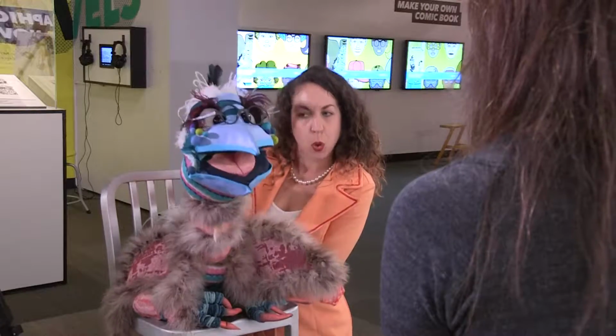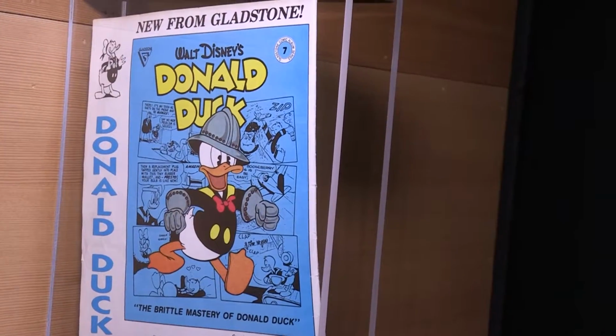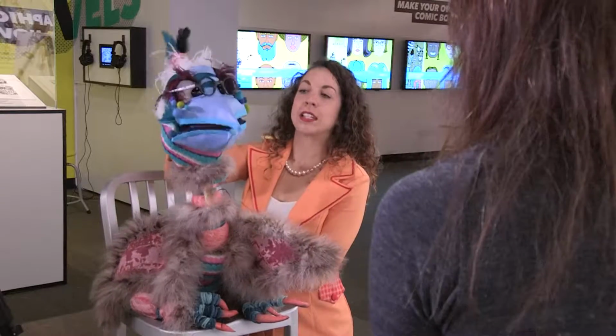What is your favorite comic? I think I would say the Donald Duck comics that were done by a local man named Carl Barks. He was actually from Southern Oregon, and he was one of the greatest Donald Duck artists that's ever lived. I heard greatest and a type of bird in the same sentence. So